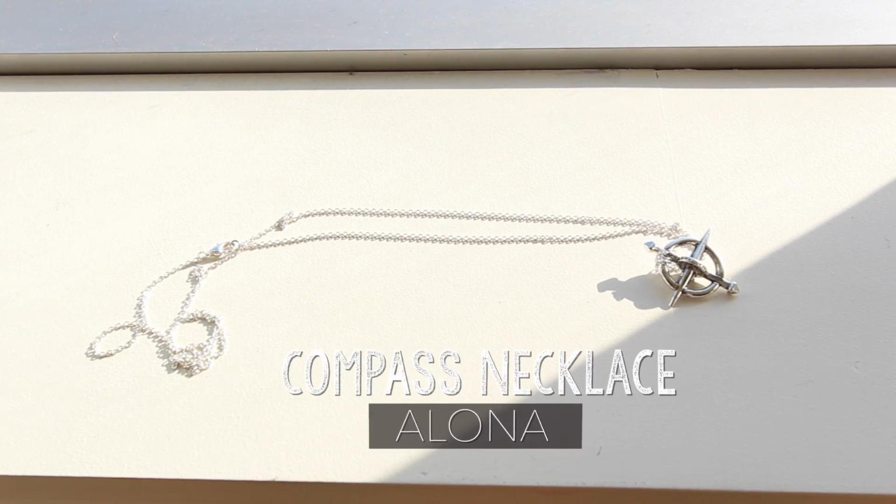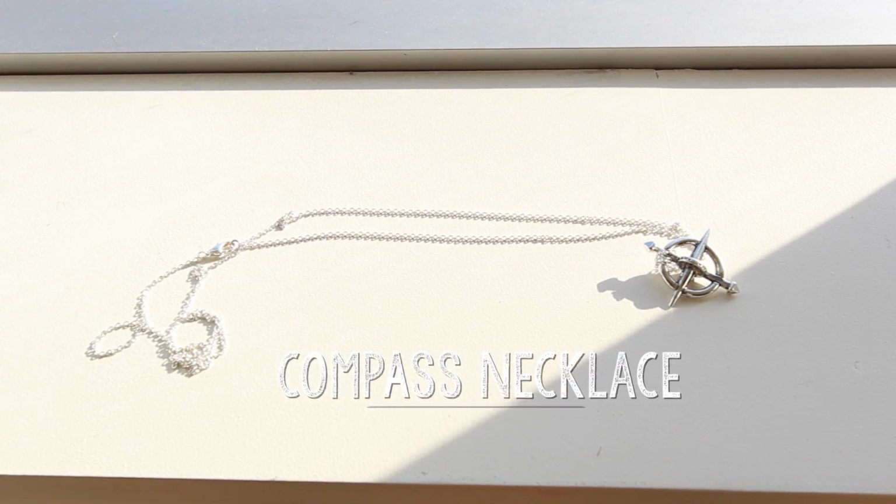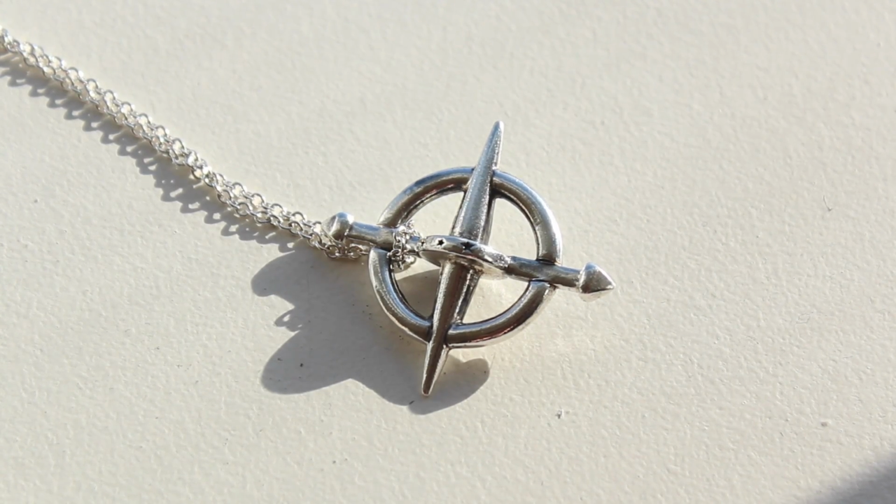Then I have this really long pendant necklace. I believe it's kind of like a compass of some sort, but it's just a really cool necklace. It's really long, it goes past the belly button, so it's perfect to layer with or just to wear on its own. And these pieces are definitely investment pieces,